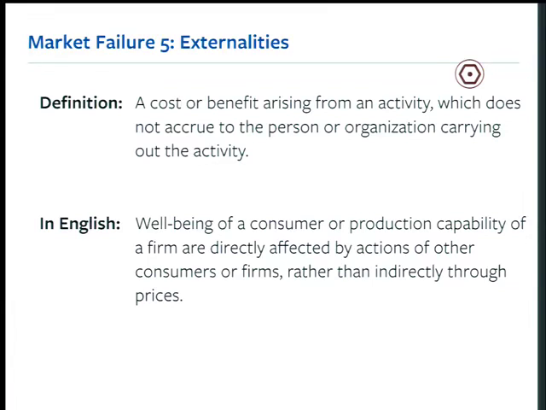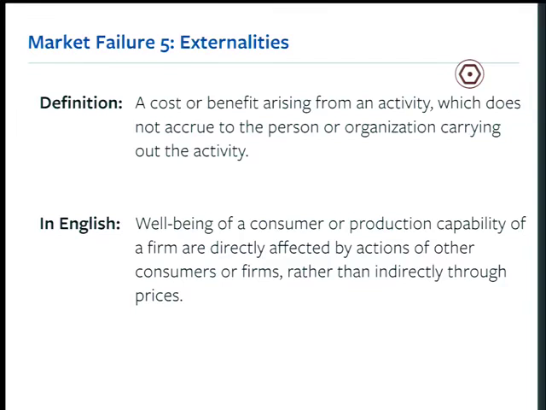Sure, Earth Day. Let's talk about externalities. You may have spoken about externalities before in other classes. When you take an environmental economics class, you speak about externalities for about half the class, but it really is, to me, one of the most important market failures that we can think of. I'll give you lots and lots of examples, but let's first think about what an externality actually is, and then put it in plain English, and then we're going to put it in our demand and supply model and see what comes out here.